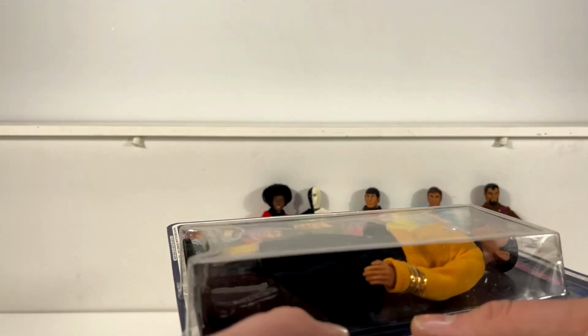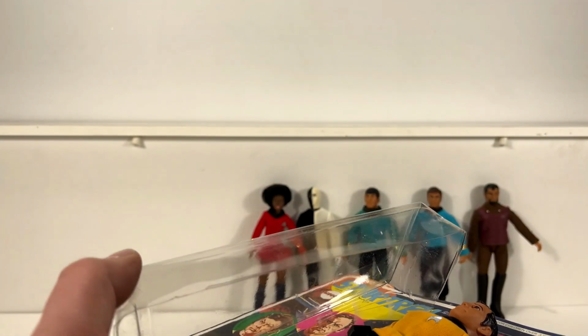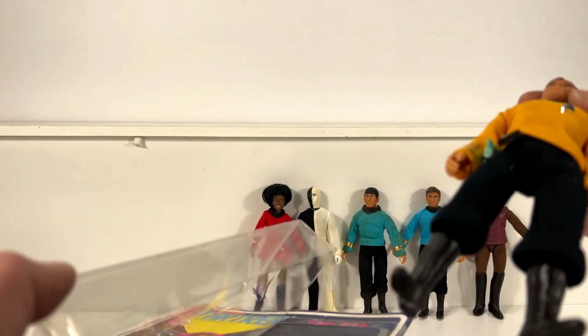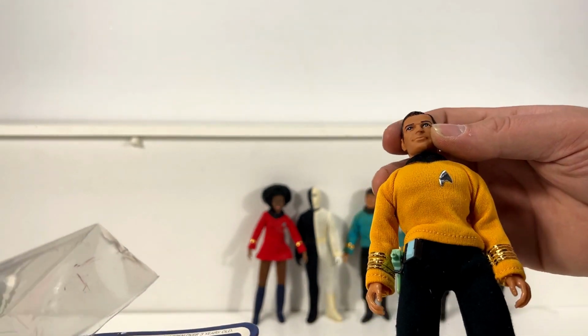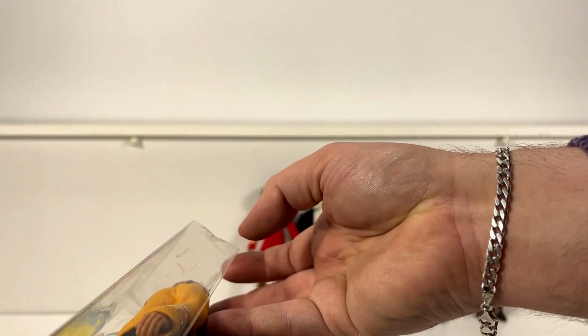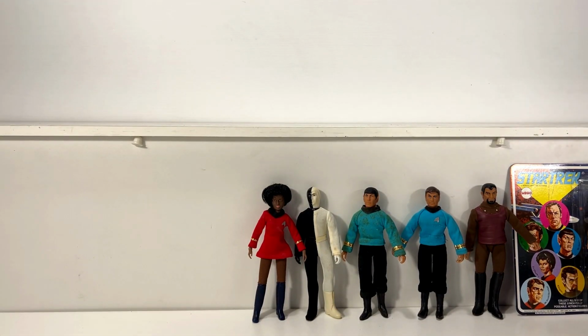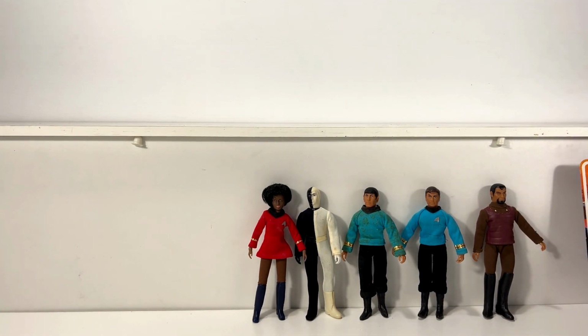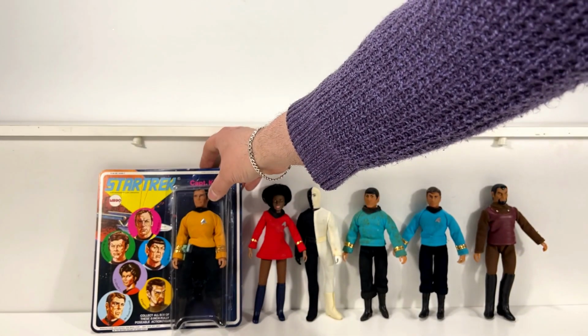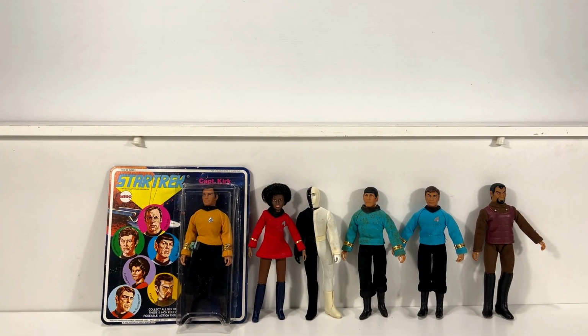Now unfortunately this one has been opened. I knew this when I bid on them. But he is complete and in really nice condition. Stunning. We'll get him in picture, eh? We'll get him in picture. It's got to be in shot. Even better